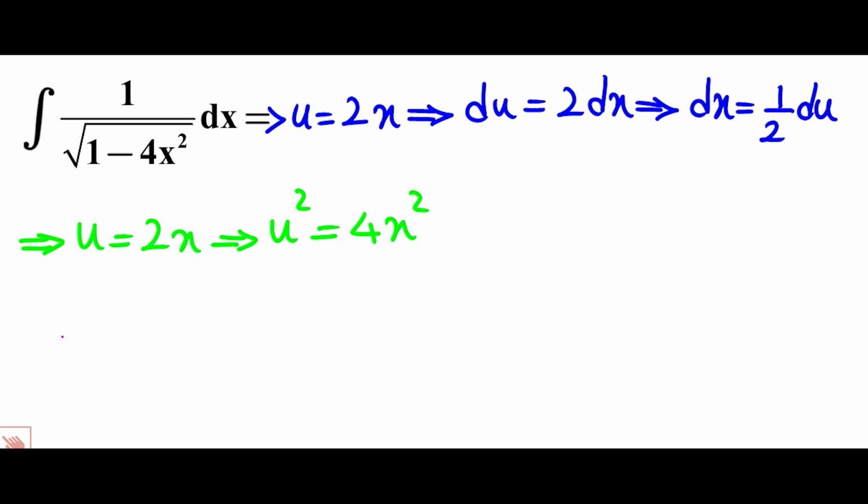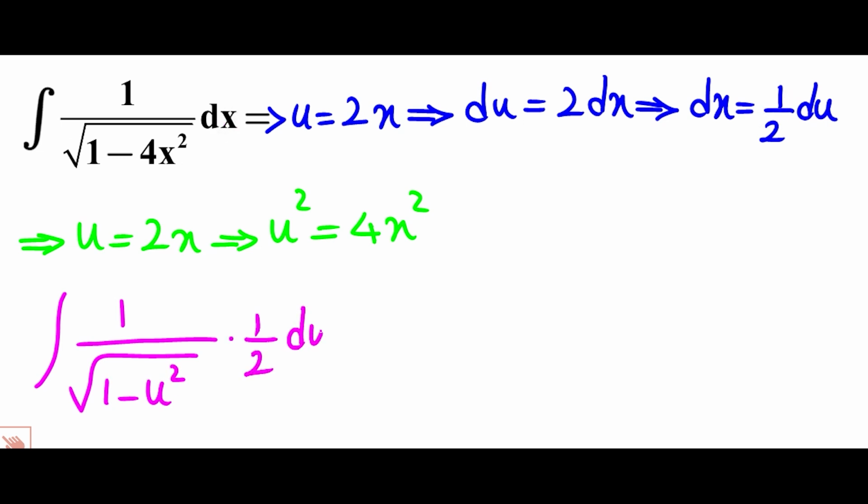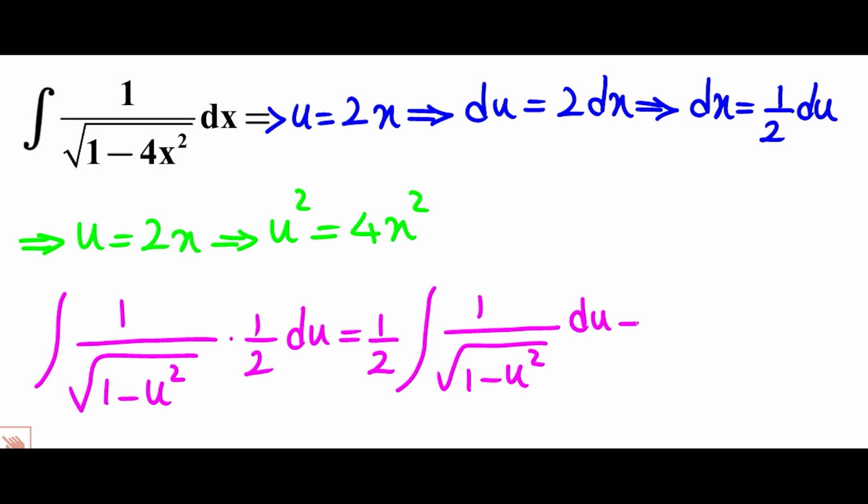Now substitute into the integral. We have the integral of 1 over the square root of 1 minus u squared, and dx equals 1/2 du. Let's bring the constant 1/2 outside the integral. We have 1/2 the integral of 1 over the square root of 1 minus u squared du, and we know